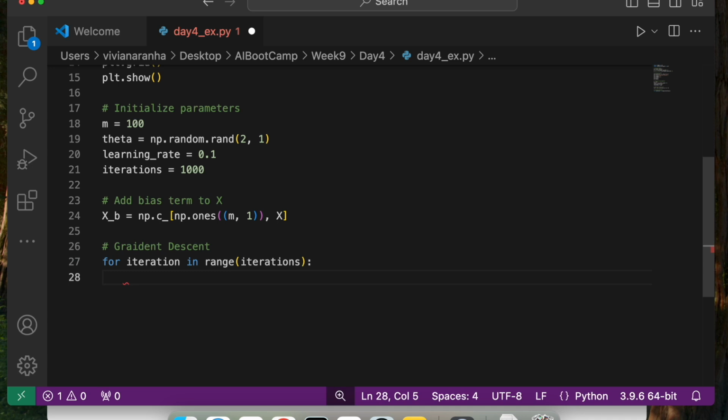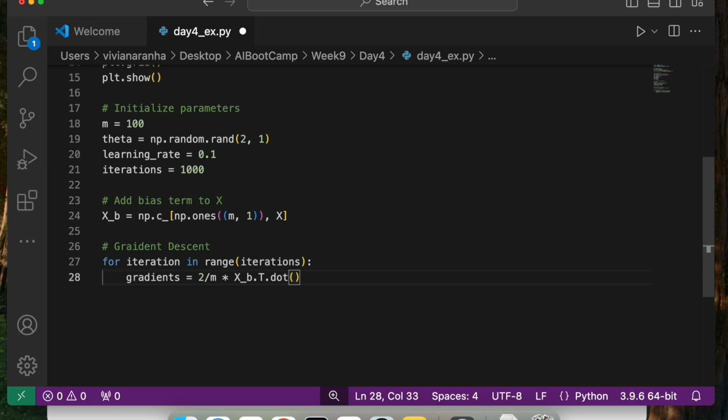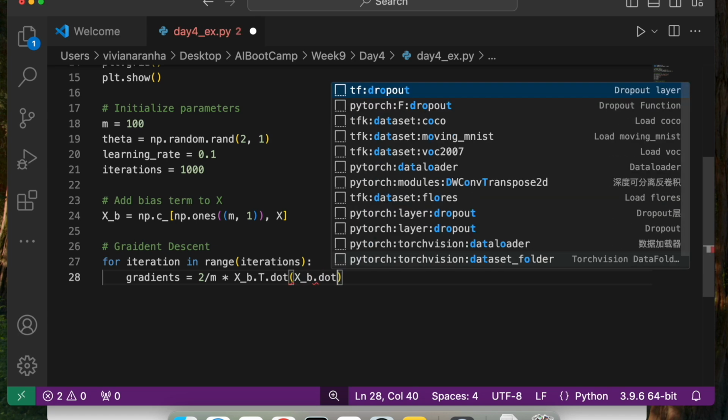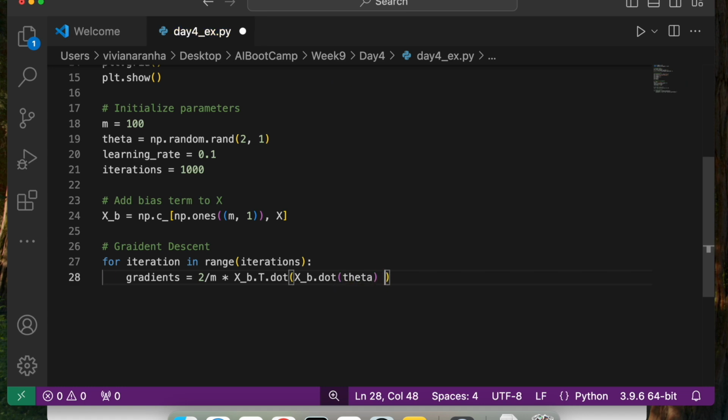So for each one of them, I'm going to create gradients, which is 2 upon m times x_b, the bias x term that we have, dot transpose of that, multiplied with x_b dot theta minus y. This is the actual formula for that.